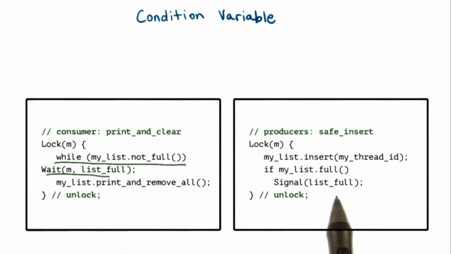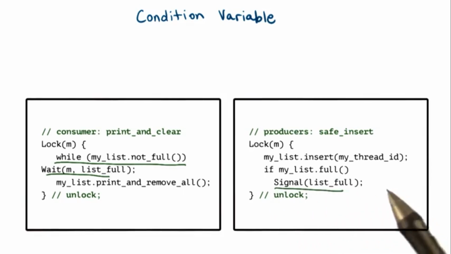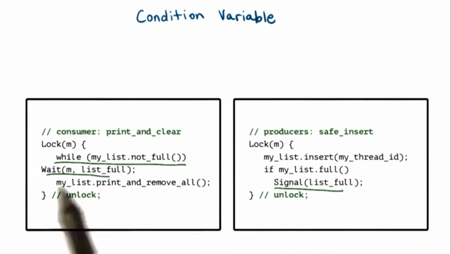The producers, on the other hand, once they insert an element into the list, check to see whether that insertion resulted in the list becoming full. And only if that is the case, if the list actually is full, will they signal that the list is full. This signal operation is clearly intended for whomever is waiting on this particular list full notification, in this case